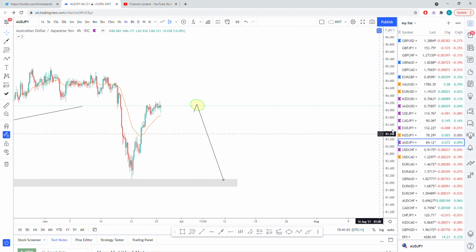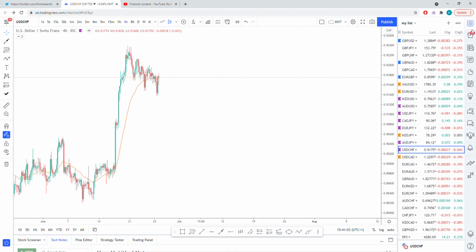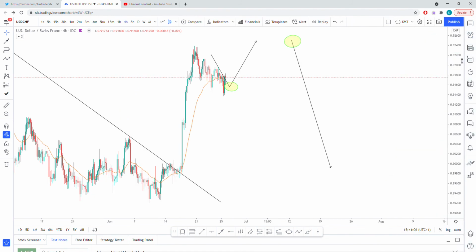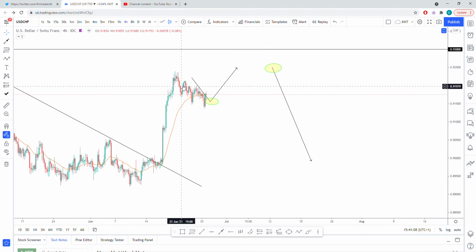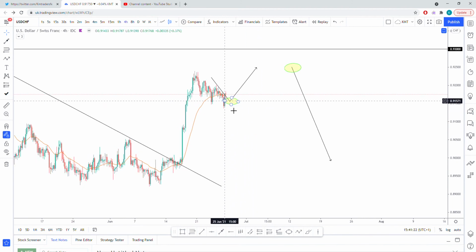So yeah, coming to the last two pairs now, USD/CHF. What we looked at from last week was pretty much a potential return towards the downside. We can see that price is pushing lower and lower, and we're ultimately just waiting for a recovery, for price to push up again. And this is where I think what we could be looking out for is if price does start to push up higher, then there is a trade there,